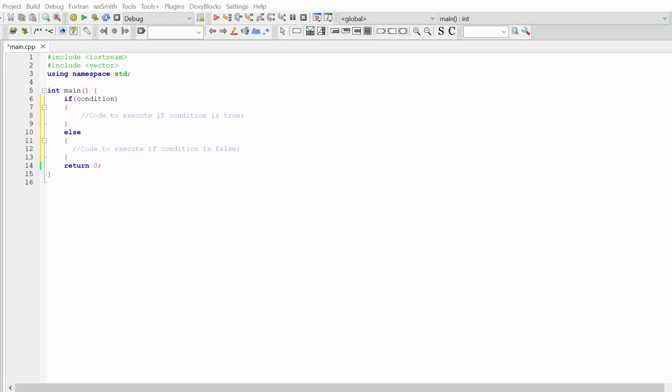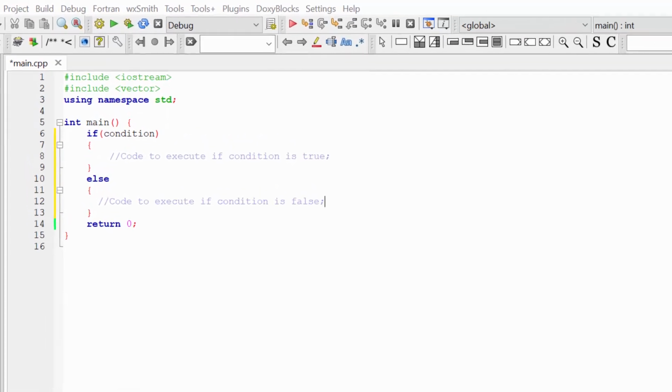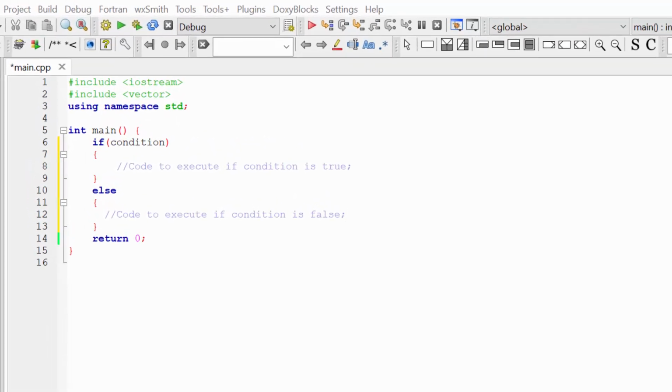In previous lessons, we executed our program linearly, line by line, but today we are going to learn a fundamental building block of code that gives us the opportunity to add decision-making capabilities to our program. I am talking, of course, about the if-else statement. So let's take a closer look at if-else statement code. If some condition is true, we are going to execute the code in the first curly brackets after the if statement. And if the condition is false, we are going to execute the code in the curly brackets after the else statement.